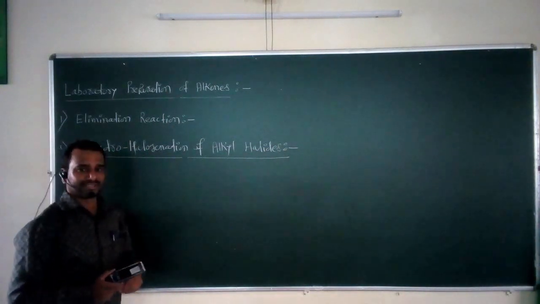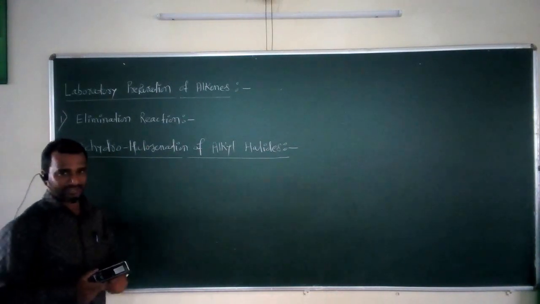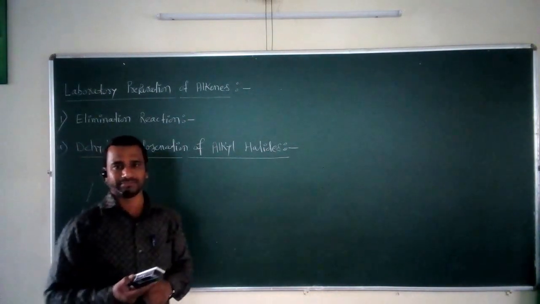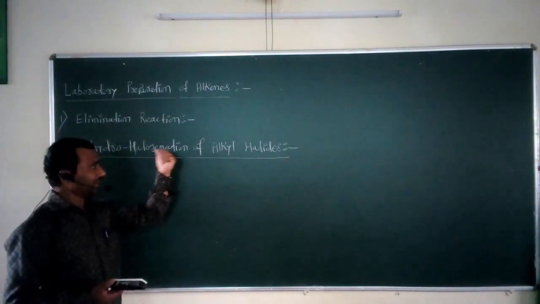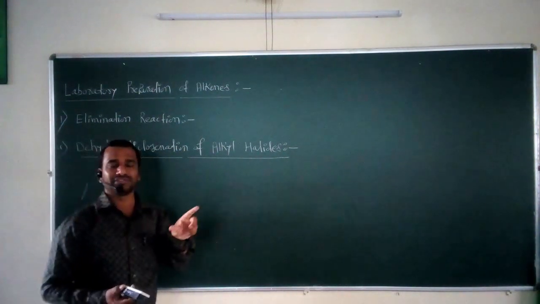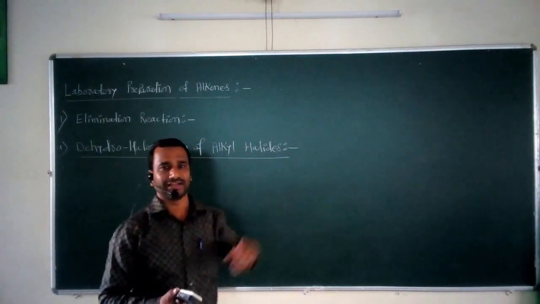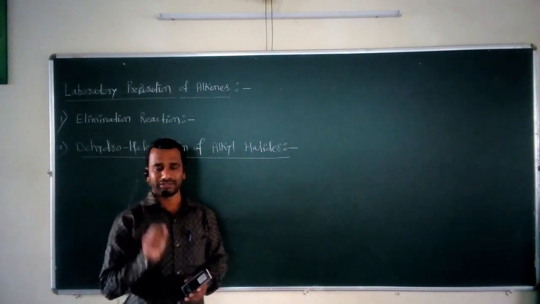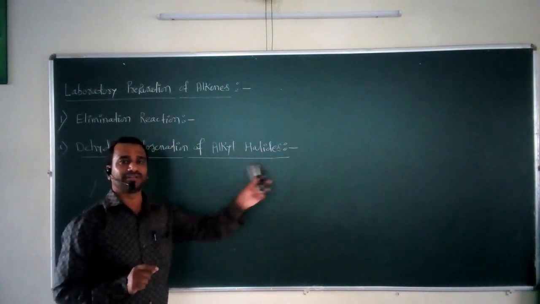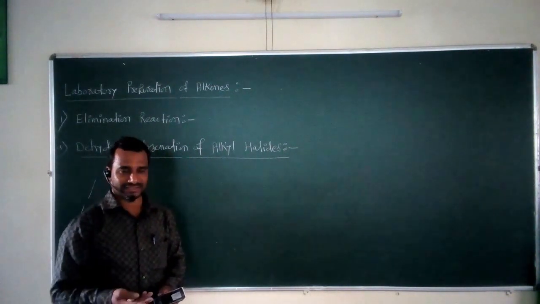These alkyl halides we have to take as a reactant for this particular reaction. The second important word in the title of this reaction is dehydrohalogenation. Now we know that D means to remove. What we have to remove? We have to remove one hydrogen and one halogen. So if I remove this hydrogen and halogen from the reactant molecule, that is nothing but alkyl halides, then that particular reaction is called the dehydrohalogenation of alkyl halides to form the alkenes. So no doubt this is again an elimination reaction.